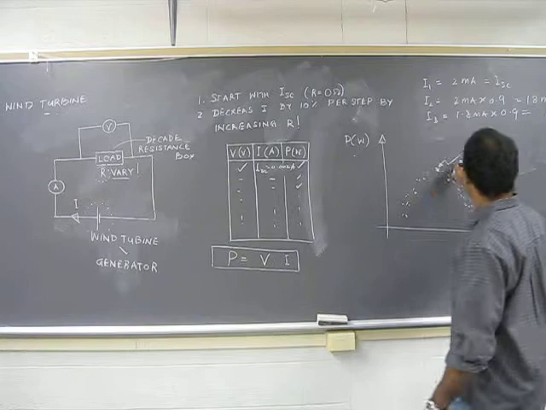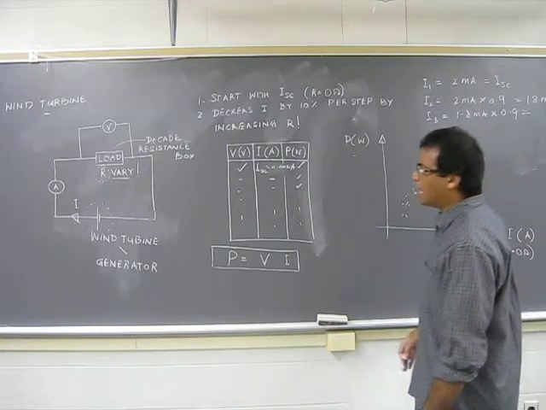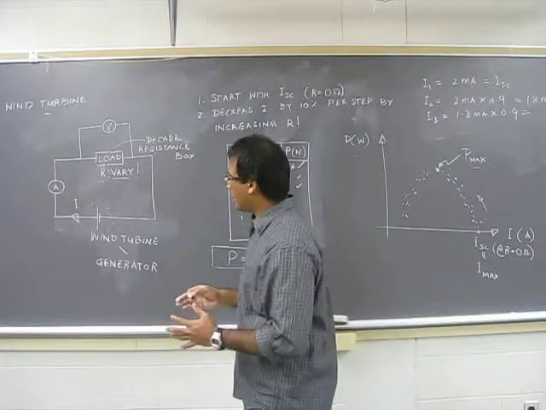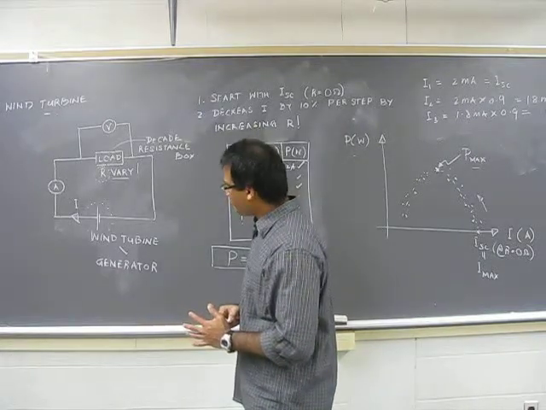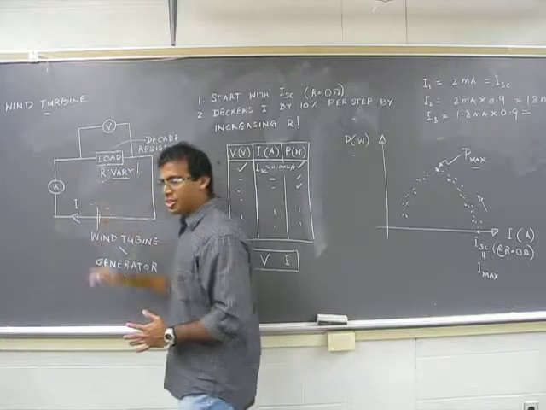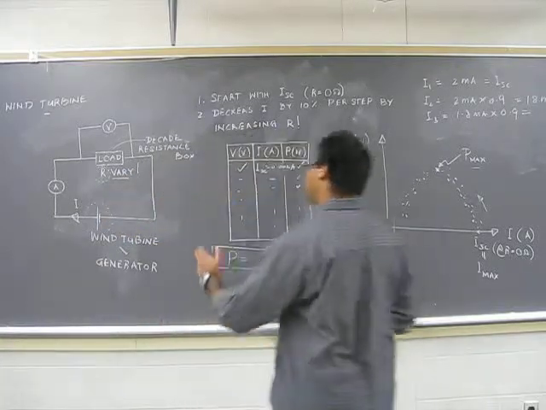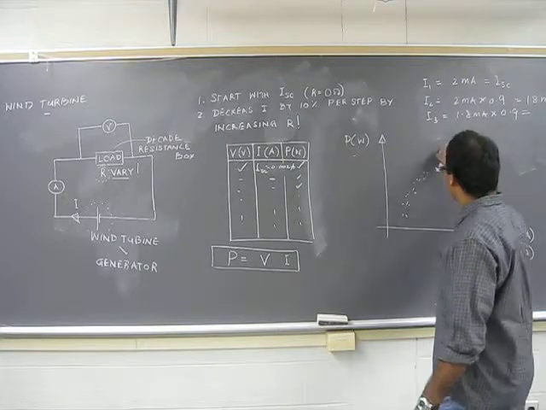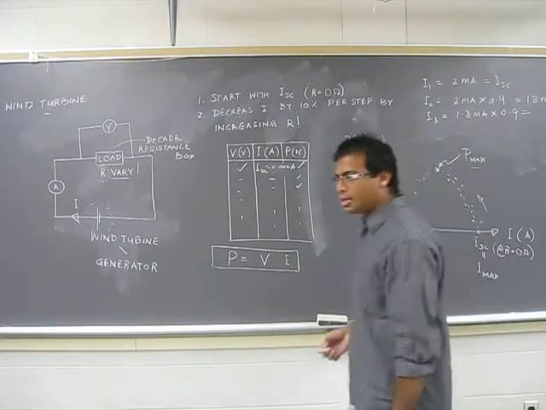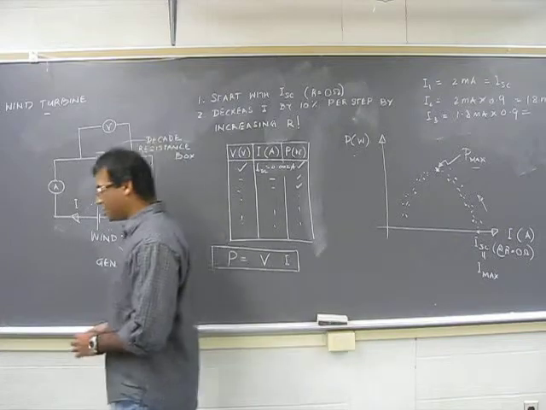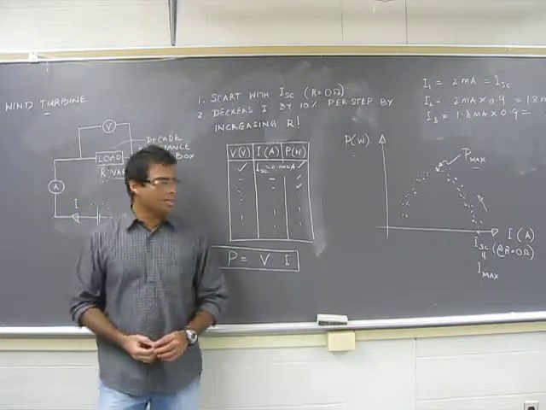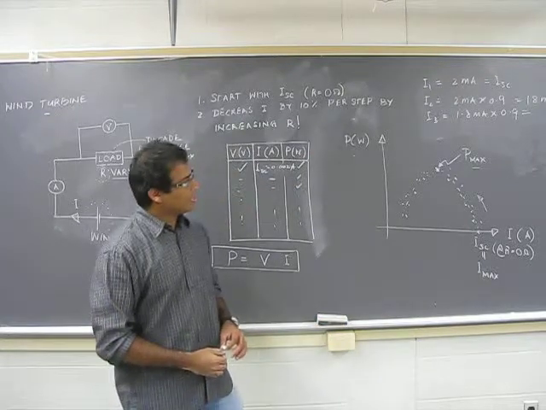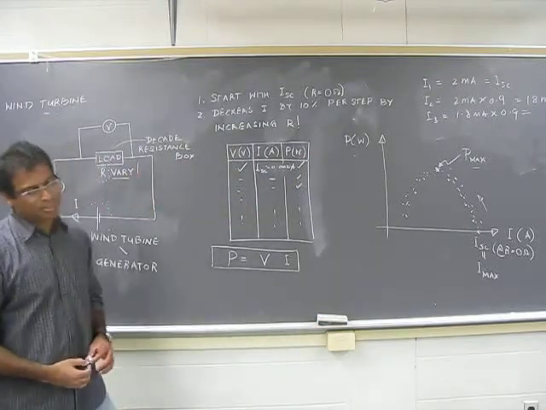We are supposed to get the Pmax, the maximum power, and then we are going to change the blades, or change the blade angle, and do this experiment again. Then you are going to plot a second graph for the second case and find its Pmax. You have to compare the maximum powers in these two different cases and find which one gives you the highest value for the maximum.